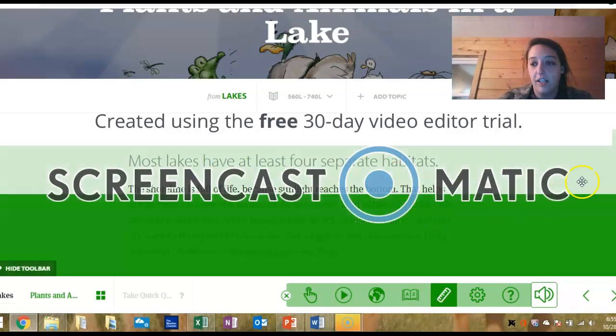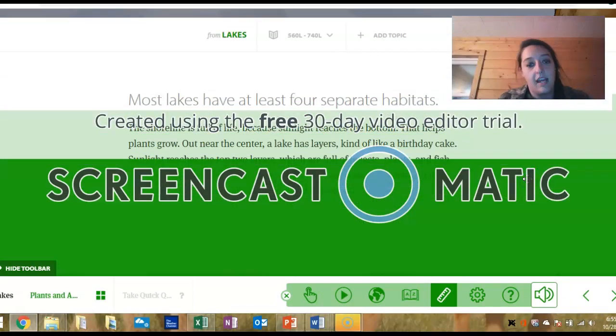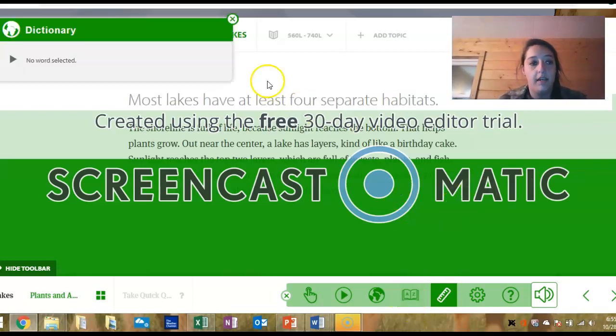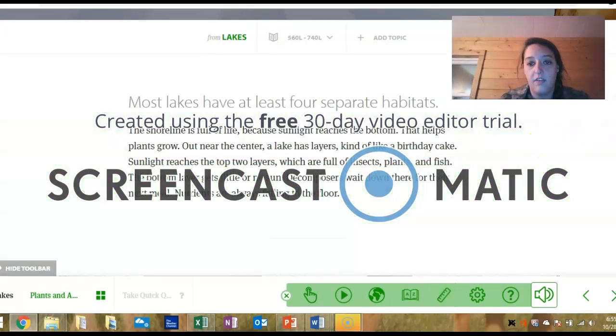There's a little feature here, so if you have a student that has a hard time staying in a section, reading in a section, without going all over the place, that will help them. There's a definition button. Whoops, let's get rid of this. There's a definition button, which for sunlight